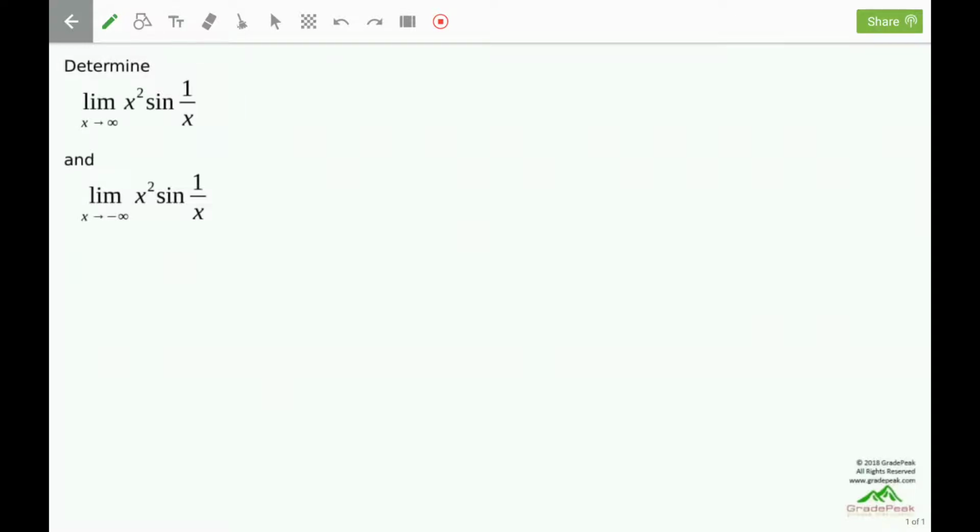Determine the limit as x approaches positive infinity and as x approaches negative infinity of x squared times sine of 1 over x. Starting with the limit as x approaches positive infinity